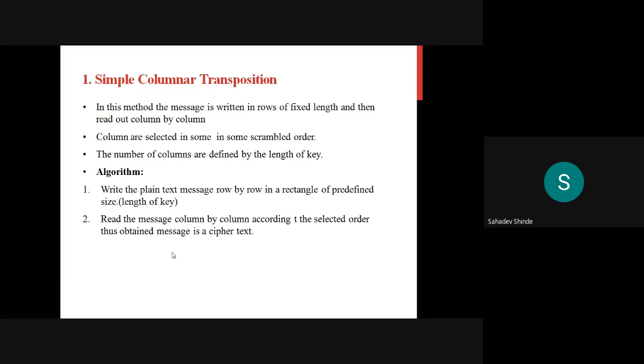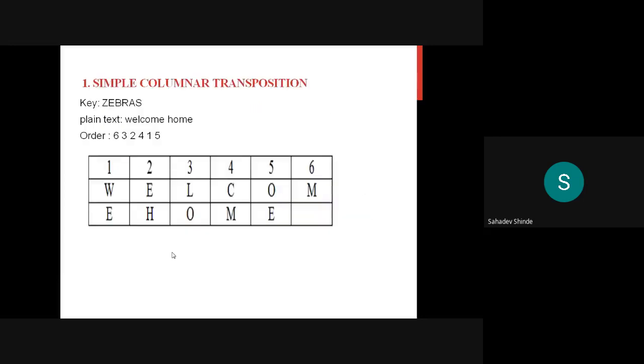The algorithm is to write the plaintext message row by row in a rectangle of predefined size, that is the length of the key, and then read the message column by column according to the selected order. The obtained message is the ciphertext. In that way we consider the simple columnar transposition.